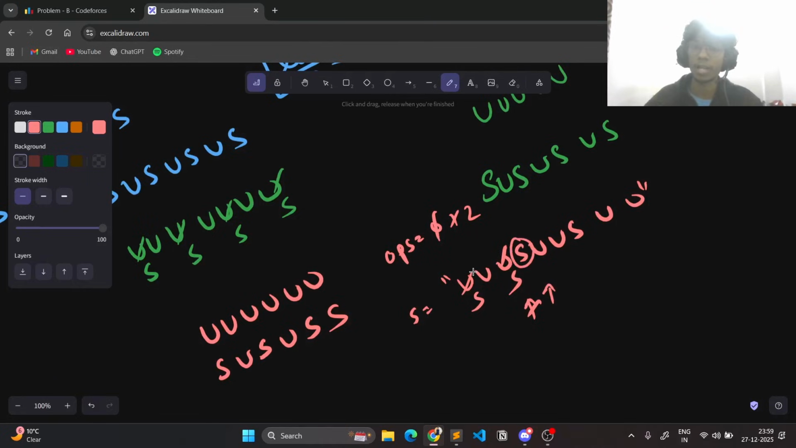Now I'm on S. I can just check if my next character is U. Yes, sure, it is U. So I want to make this an alternating string, right? So if my next character is U, then the next character after U has to be S, right? So I'll change this to S, and I'll move my pointer to here, or here, I'm sorry. And we can keep doing this for all of the